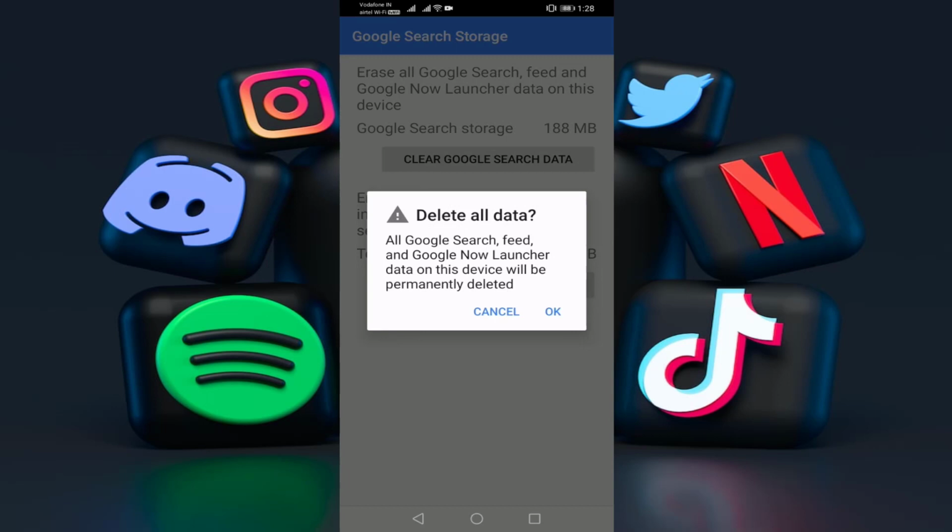Before clearing the data, read this sentence. All Google search feed and Google Now launcher data on this device will be permanently deleted. Then press on OK. After that, go back,